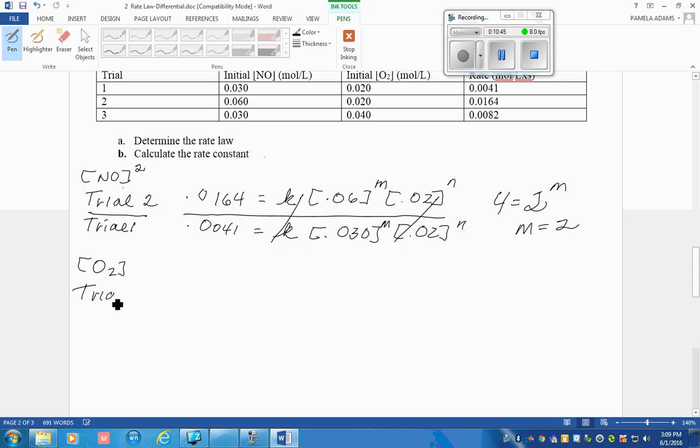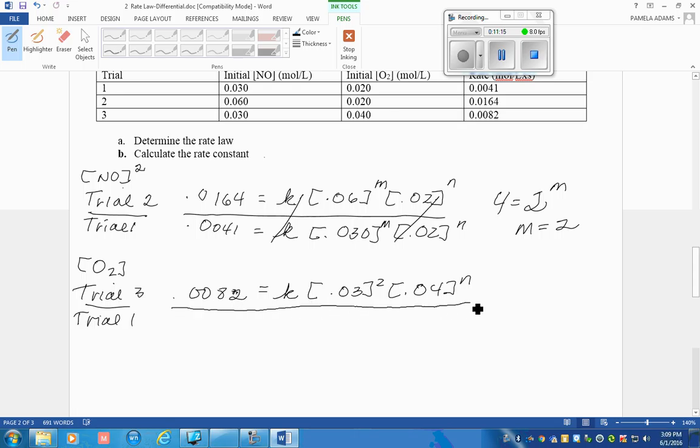So trial 3 has a rate of 0.0082 molarity per second, and that is equal to the value of NO, which we now know is raised to the second power, times the value of O2, whose order is yet to be determined. And when we look at that in comparison to trial 1, we see